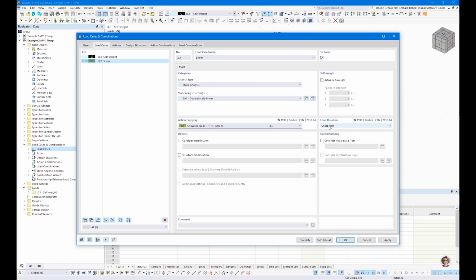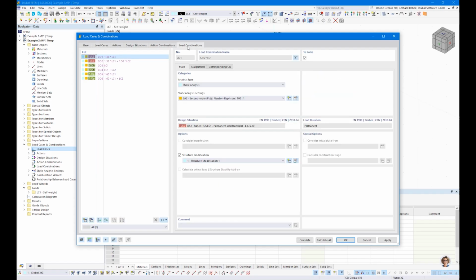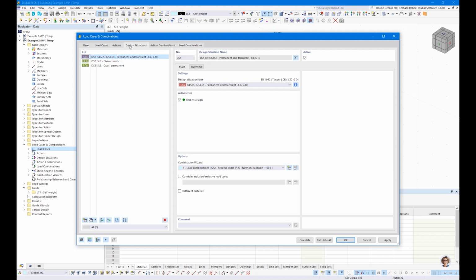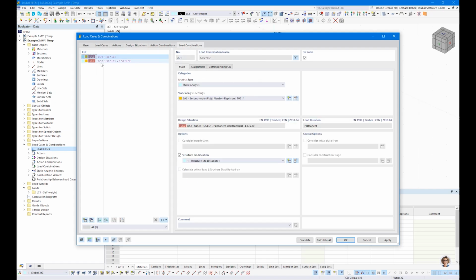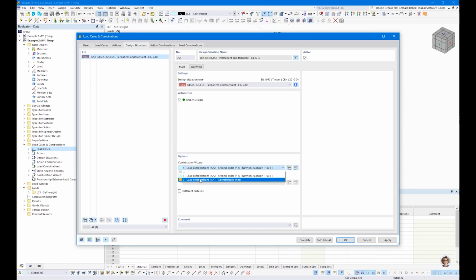It detects short term as load duration, and when we check our load combinations, okay, let's go back to design situations. We do not want to check serviceability in this case, since we have only gravity loads. We consider only ULS. That means, dead load and dead load plus snow, according to, in this case, first order